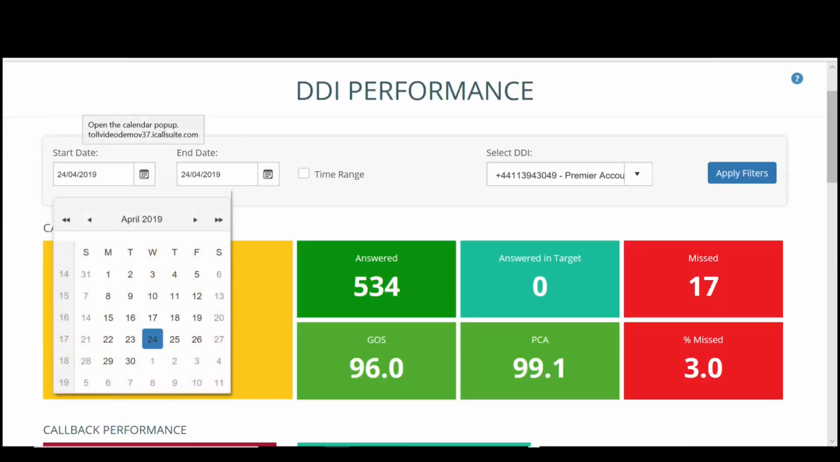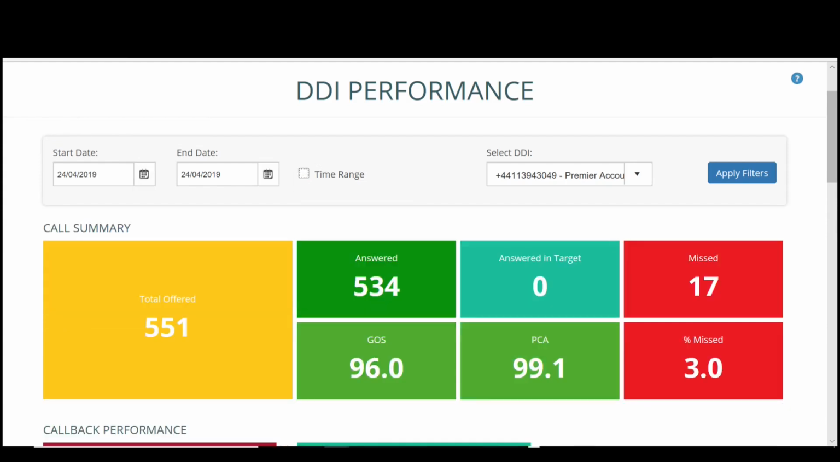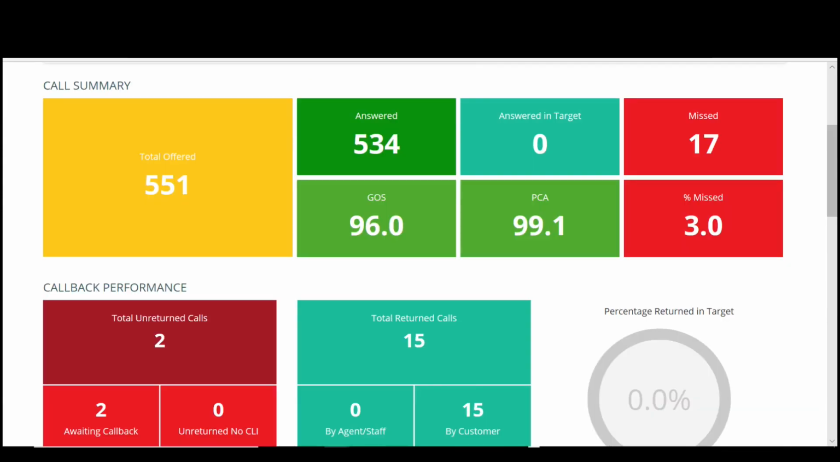The DDI performance dashboard summarizes performance by DDI with the option to filter by date, time and DDI. The dashboard displays a summary of total calls offered to the DDI, broken down by total answered and missed. The total calls answered in target, grade of service and percentage calls answered are calculated using answer times targets specified